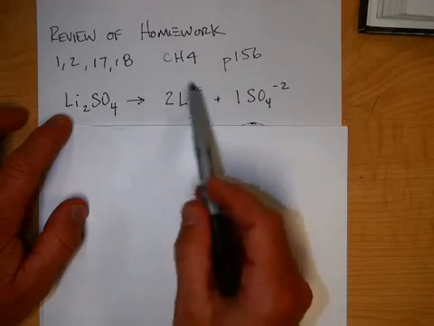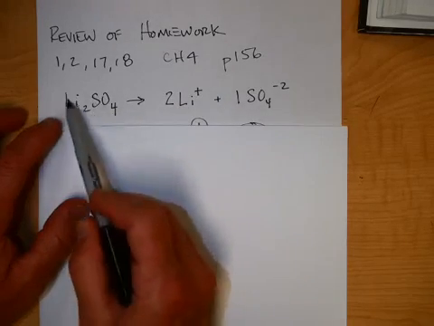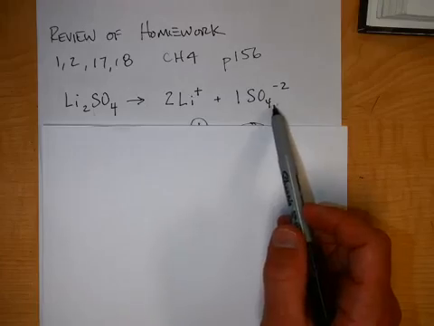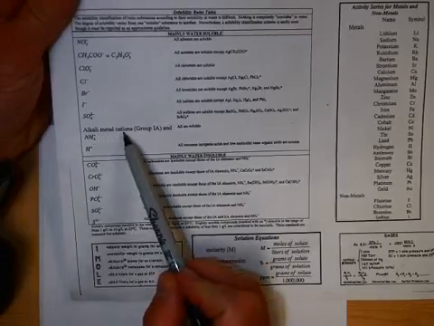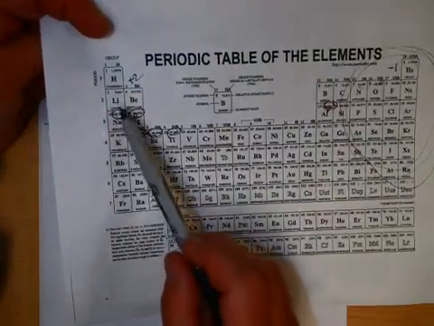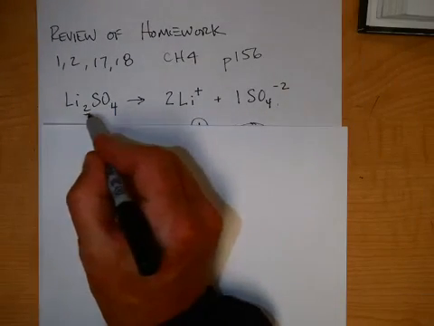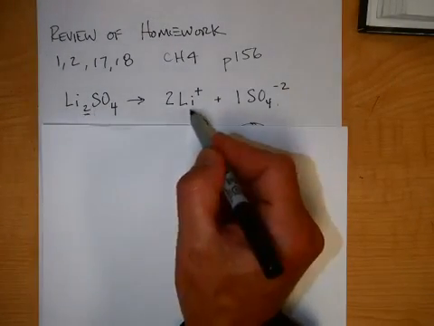dissociates, it will form 2 of the Li pluses and 1 of the SO4 minus. You know this because all lithium salts are soluble because it's from group 1 alkali metal cations, and lithium is in that group right here. And you know that 2 are formed because there's a small 2 right here indicating 2 of the +1 ions